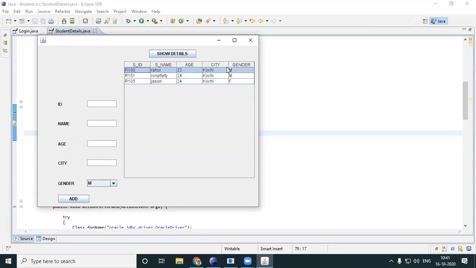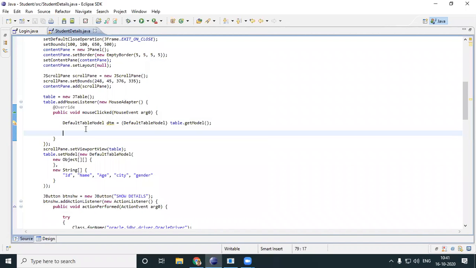I call each of these a row. These are rows and these are columns, things which you know very well. Now I select a particular row. So the first thing you need to get is this particular row. In the particular row, get the 0th column and put it inside over here. In this particular row, get the first column, Rahul, and put it over here. Get the second column, age, and put it over here. So that is what you have to do. Get a row, then extract each column from the row and then put it into your text boxes.